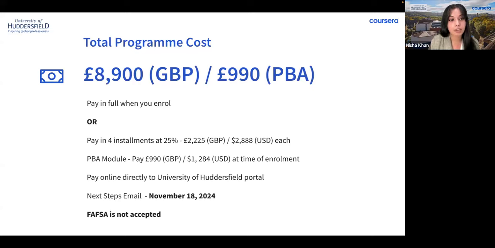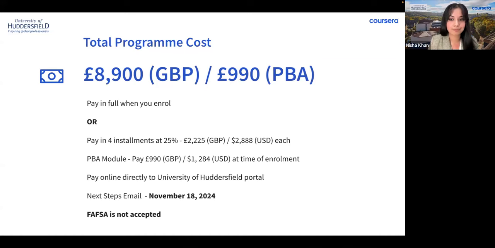Once you've paid for that and you've studied it, the Central Applications Board has confirmed the credits for your module and you've successfully passed, you'll be invited to apply for the full course at the next available entry point, which would be September 2025. Like I said, the module will then be considered as part of your full MSc application. You can then cover the remainder of your total program fees once you've had the confirmation you've passed the PBA module. Essentially, the £990 will be taken off the total amount you owe, and you can pay the remaining program fees